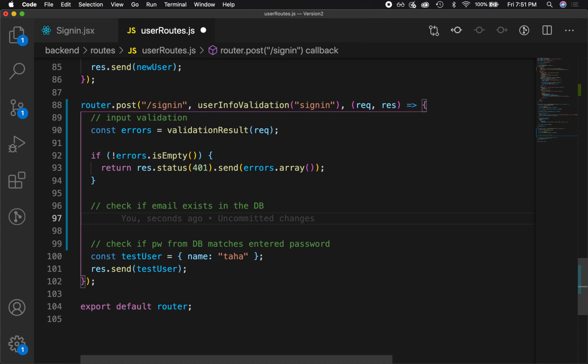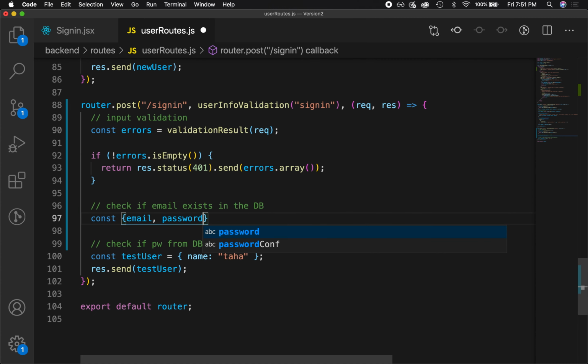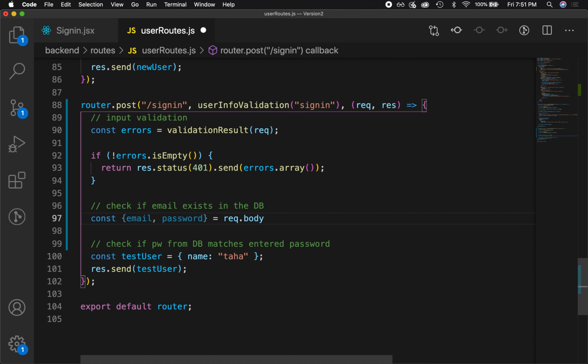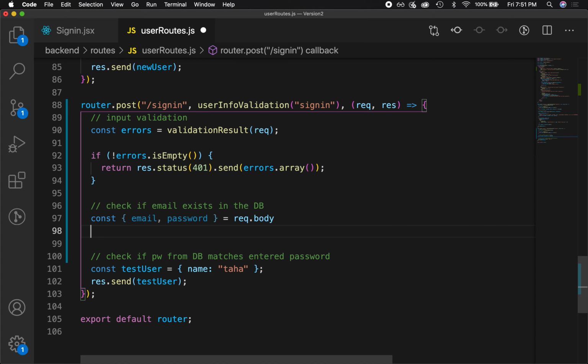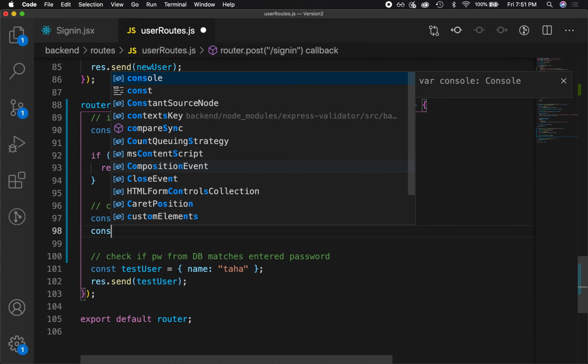So first of all, even before we do that, let's just get the email and the password that they entered. And we can get that from request.body. Okay, so this is what the user entered. And now when we're sending a query, the format that I'm going to be doing this in, or that you've